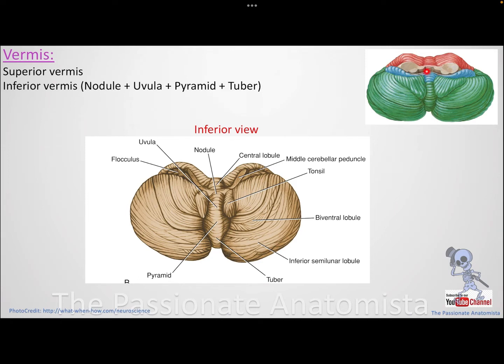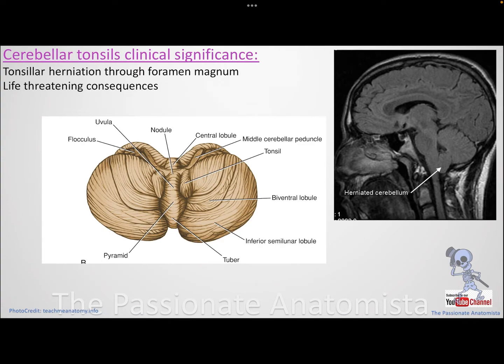All right, you have the vermis, you have the flocculi, all together with part of the inferior vermis, they will give you the flocculonodular lobes. All right, so these are the parts of the cerebellum. Now, moving on,